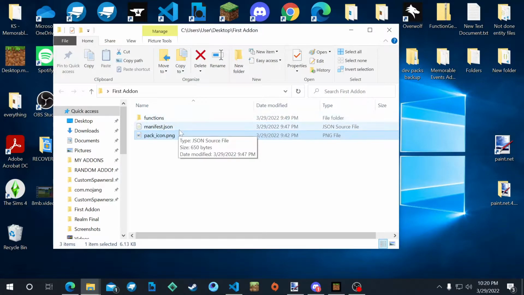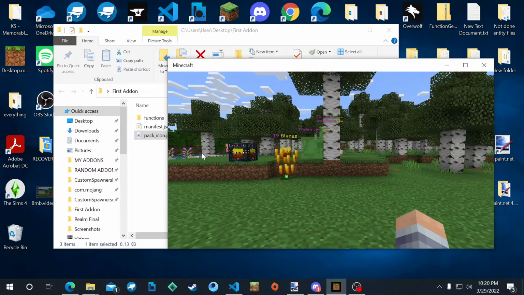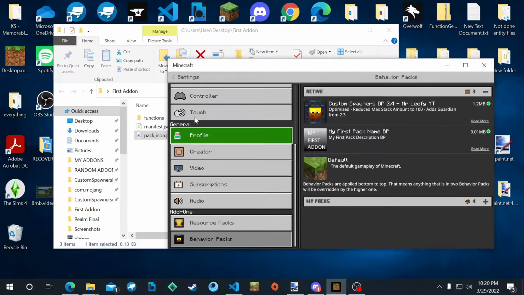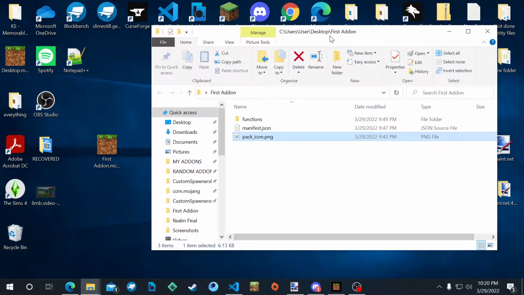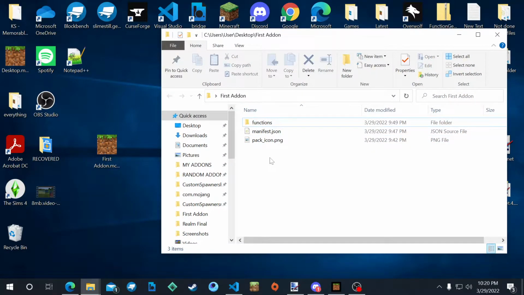Okay. If you want it to show up in game like this, let me show you. So if you're going here, you want to make sure it shows up. This is what it'll look like when you have the pack_icon PNG right here. Okay. All right. So some of the biggest things to note is if you're going to create your first function,